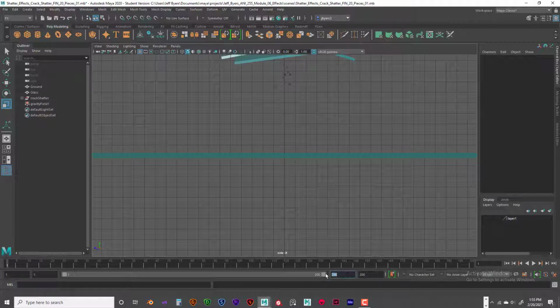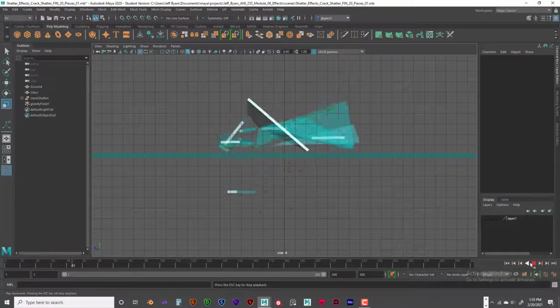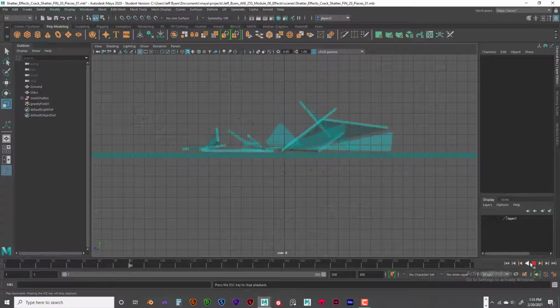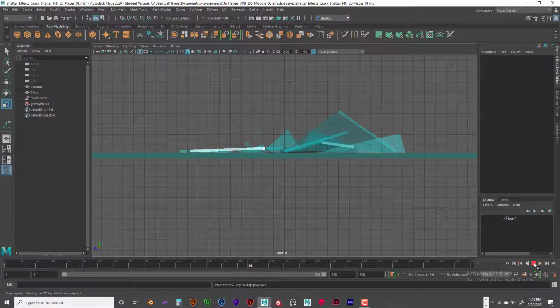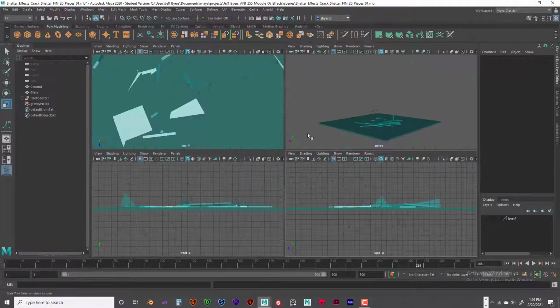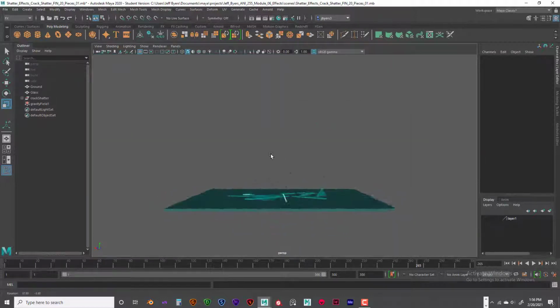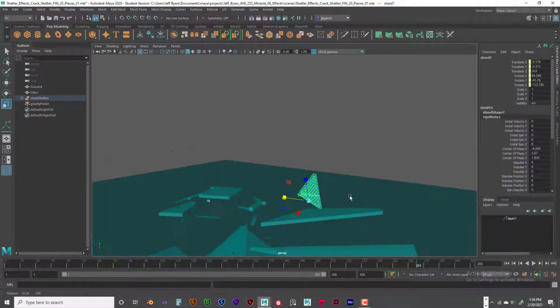So let's give it something like 300 real quick. We'll do a simulation of 300. There we go. Okay, let it fall and just let it settle. It just needs some time to settle a little bit. Okay, so that's good. We got one piece that's standing up on its own. Not sure why it's not falling over. But let's go ahead and